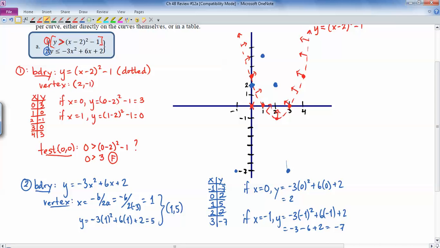And if we look at what was given, it's a less than or equal to sign. So I'm going to use a solid for the boundary. This one isn't dotted, it's solid. Sorry, that looks terrible. Let's do that again. There we go, that's a little bit better. Right there. And in this case, we could also test (0, 0), because that's definitely on the inside of this parabola. So if I test (0, 0),